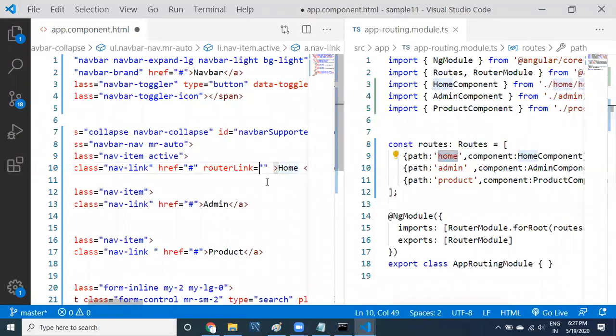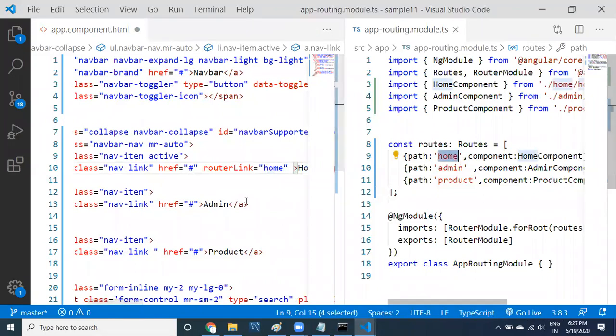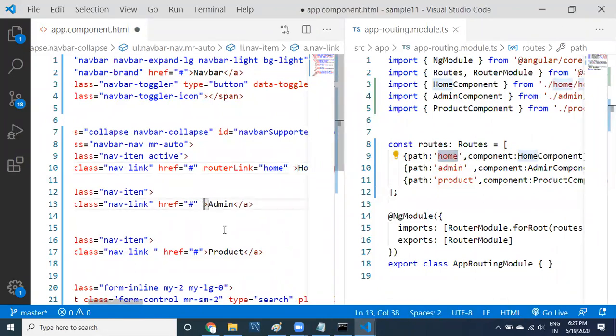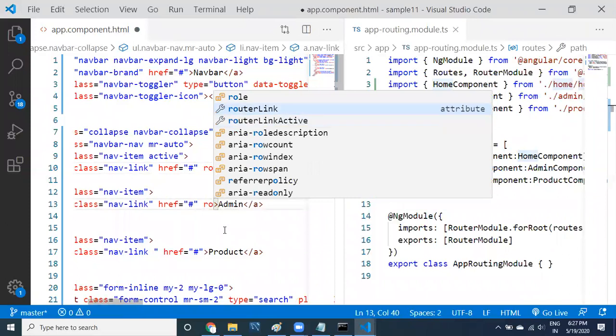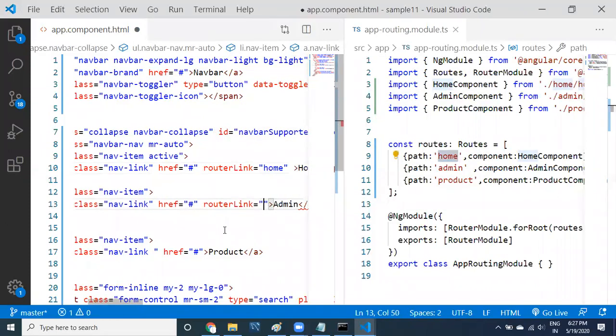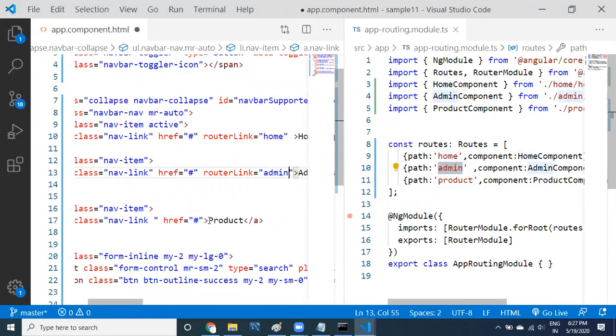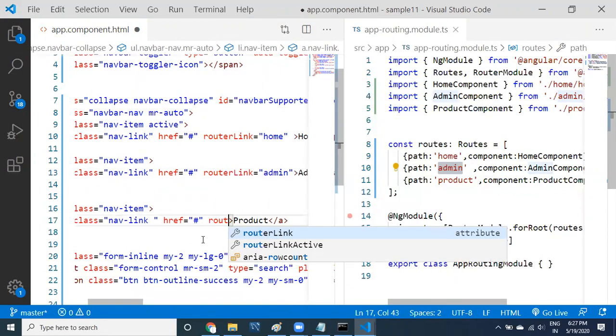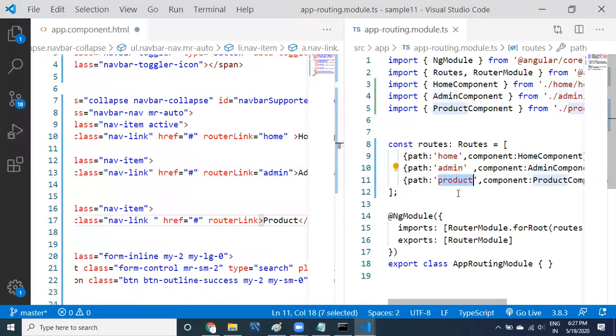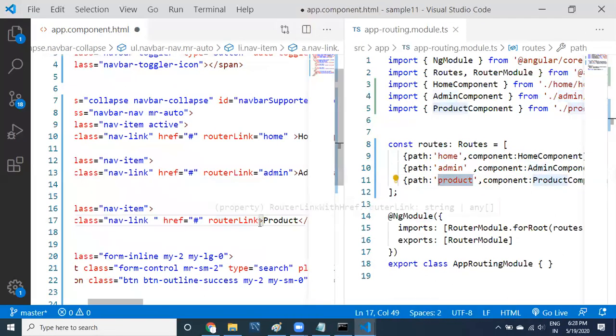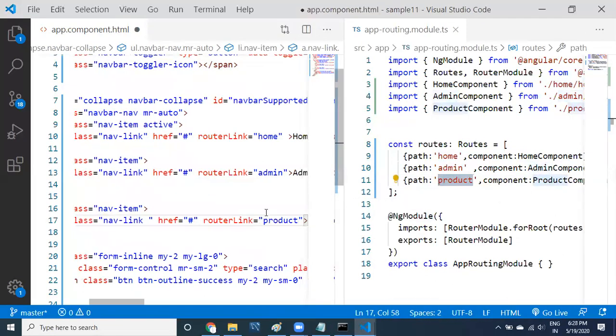Home. See here, guys, home is the path. For admin, the router link is going to be admin. And for product, whatever we have provided, product, you can provide this product.